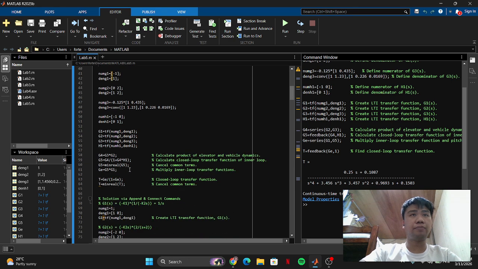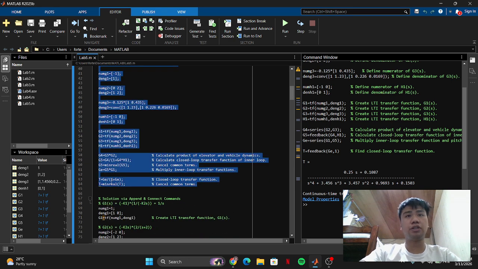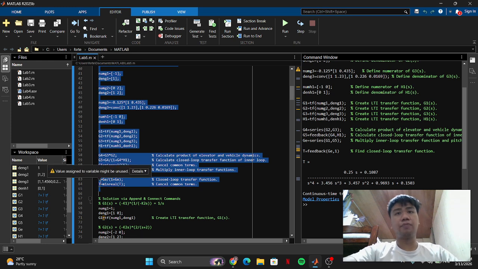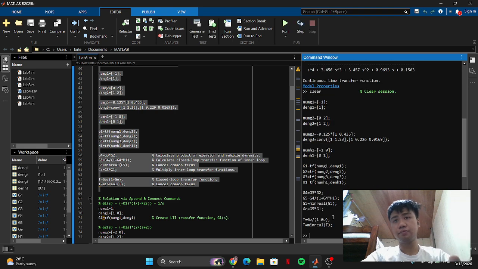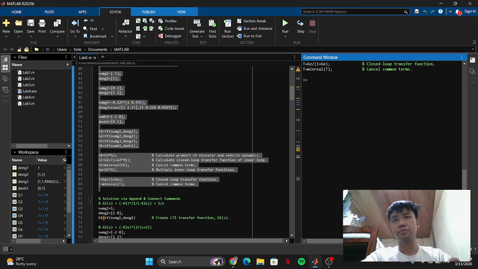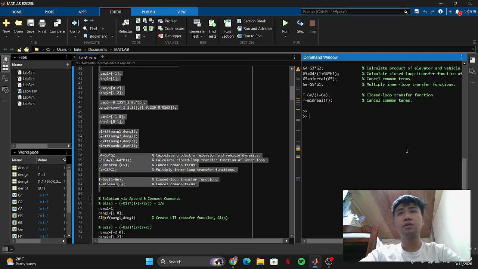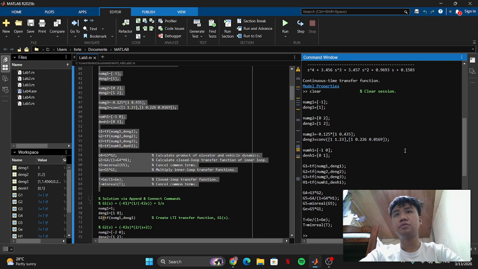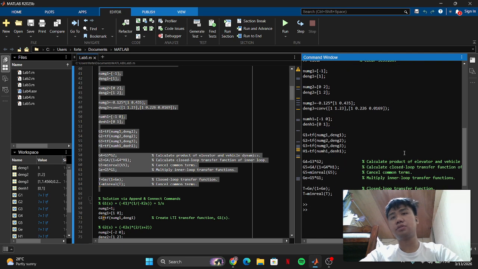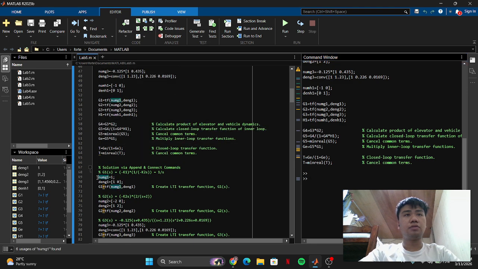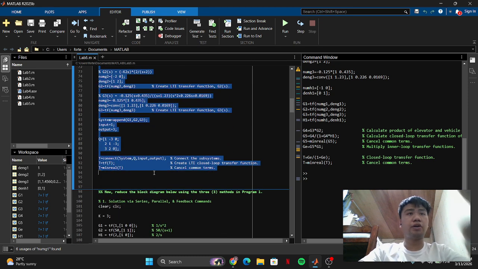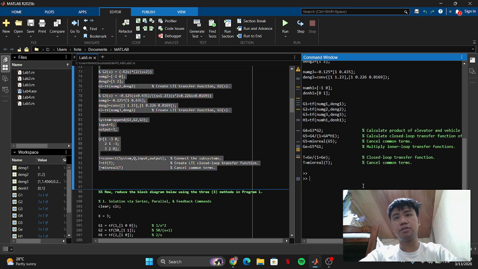For the second part, which is called algebraic operations, this would be the result. For the third part, that is this one.